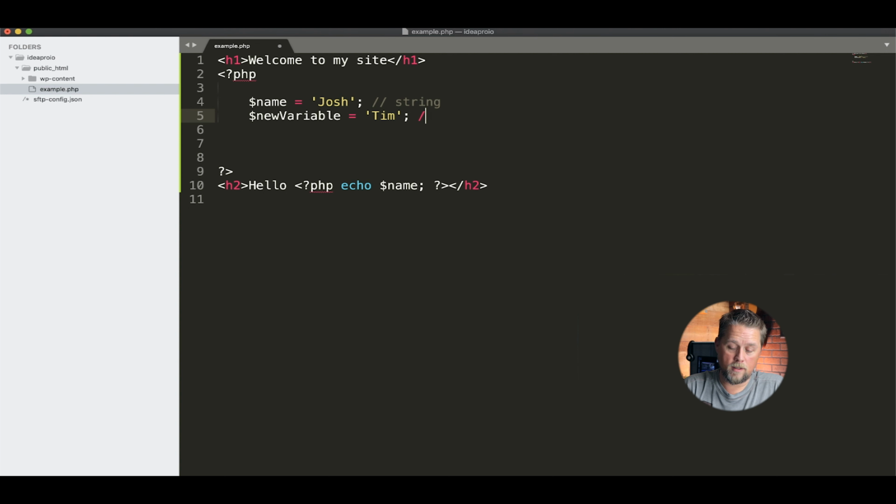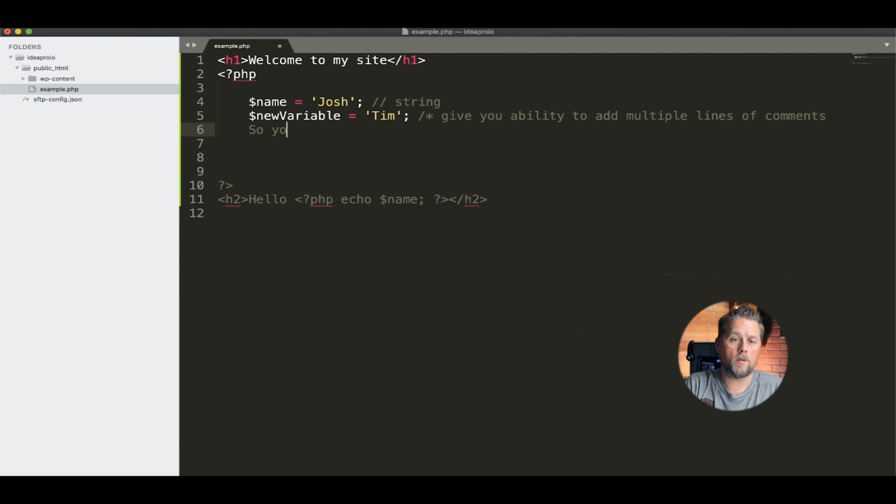Now, I do want to talk about one other type of comment real quick. It's a /*. And a /* gives you the ability to add multiple lines of comments. So you can continue